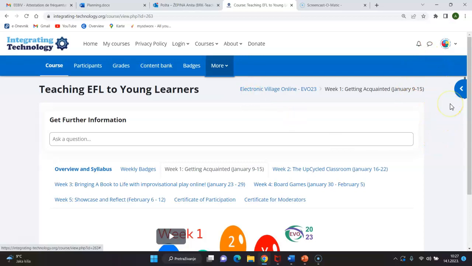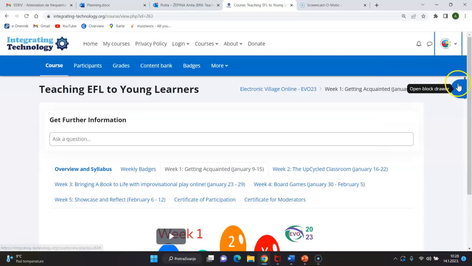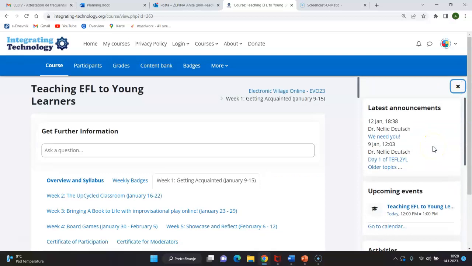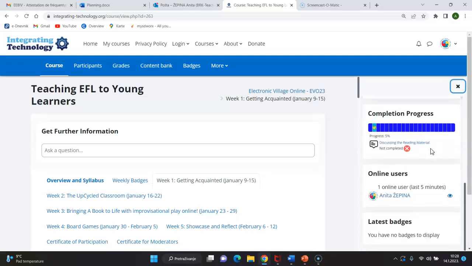On the right side of the screen, there are several things. Notifications, messages, and a drop-down menu where you can check accessibility, change settings of your profile, see grades, calendar, messages, or simply log out. Then there is a blog drawer with the latest announcements, upcoming events, activities, and my favorite